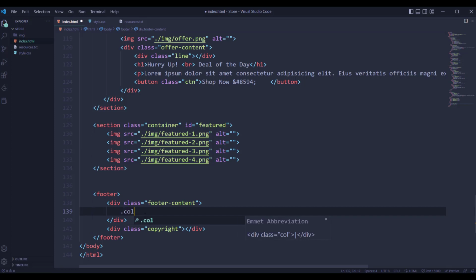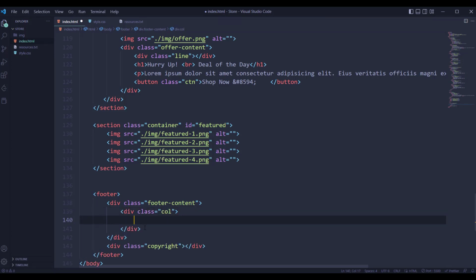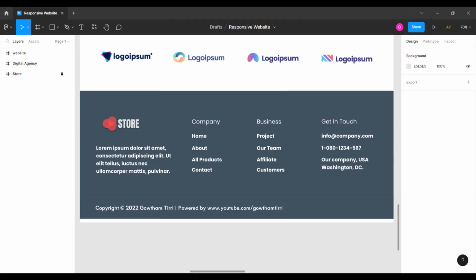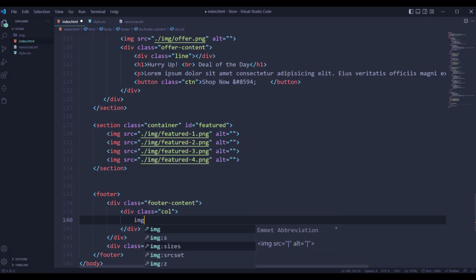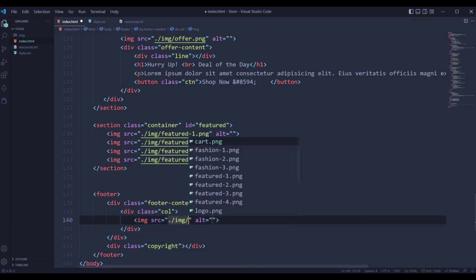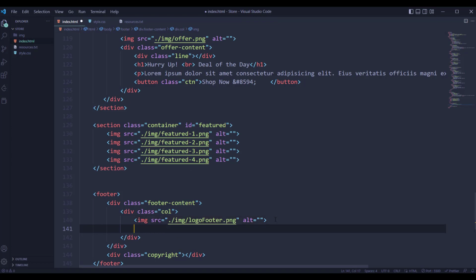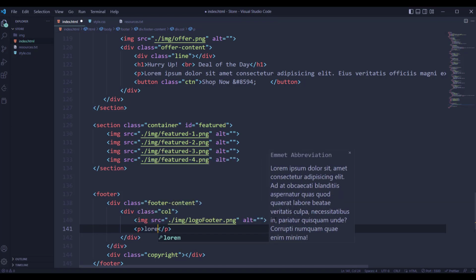I will name it column. We have 4 columns, and inside the first one we have our store logo, an image which is inside images, logo for footer, and after that we have a p tag with some lorem text,